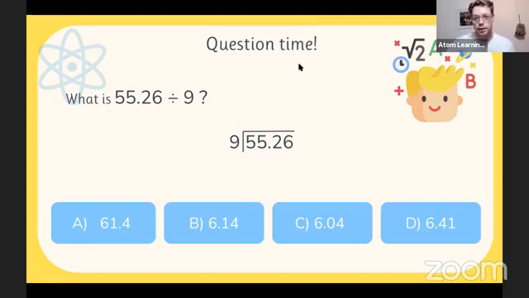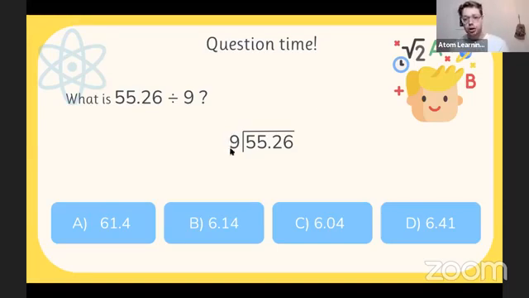So with this one, I think the decimal point here could be a point of contention for some students. They'd be like, no thanks, I'm good, I don't want to do this. But again, it's just applying the same principle. I sometimes tell students just to forget about the decimal point and pretend that it's like 5,526 because they can see that and be like, yeah, that's a bit harder, but I can do that. That decimal point can just throw a few people off. So let's not worry about that.